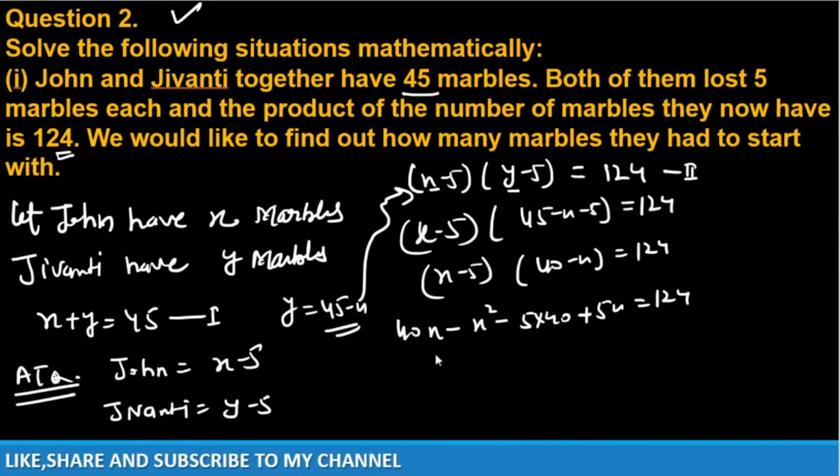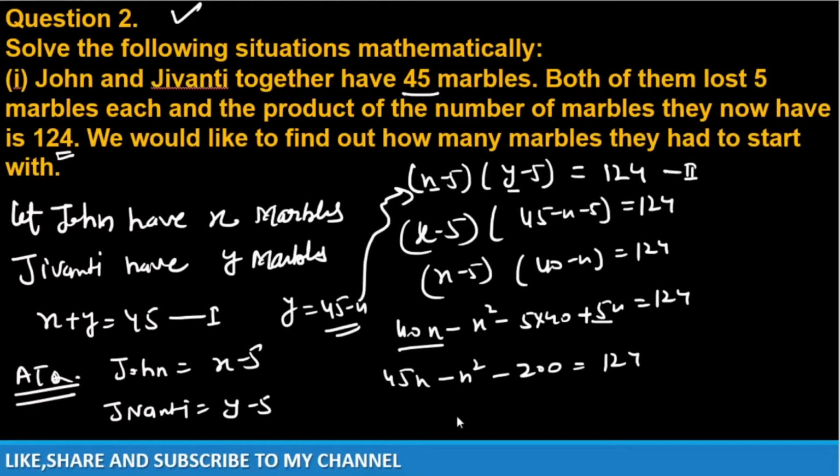Okay, now see what you are having. Just transfer this value to this side. You will get x square. What will you get? X square plus this is the 40x and this is the 45x. So just a second, children. So what you will say now? This is the 40x and this is the 5x, become 45x minus x square, 5 4 20, it become 200 is equal to 124.